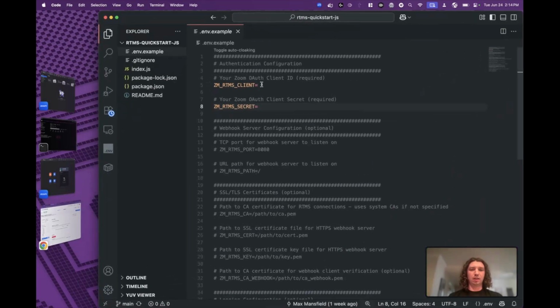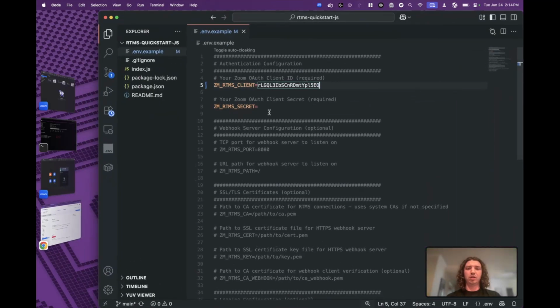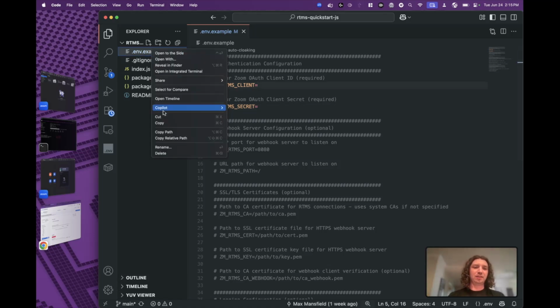So I'll copy this client ID and I'll copy this client secret. Now, normally you wouldn't want to expose your client secret on a video like this, but I'll go ahead and regenerate the secret and delete my app after this. Oops, pardon me. Actually, what we want to do here is copy this